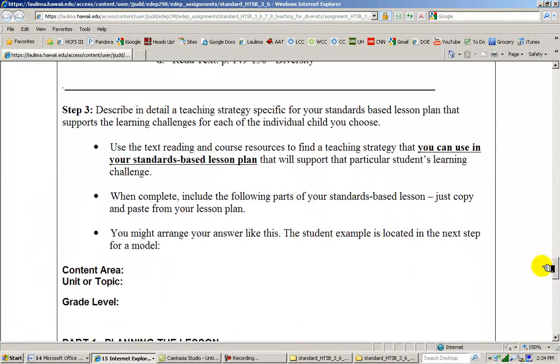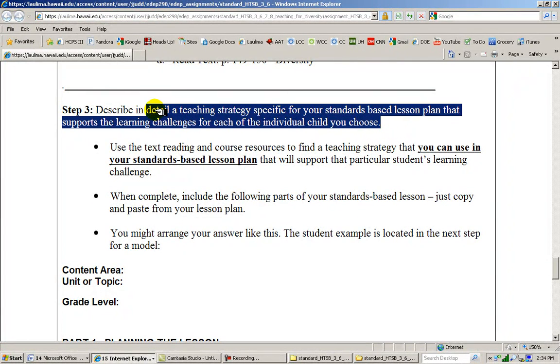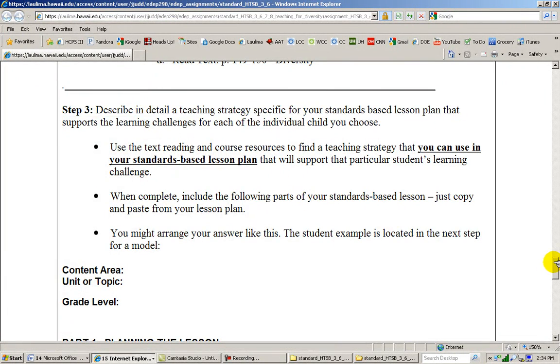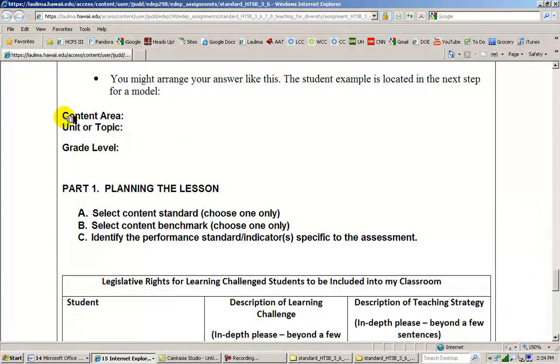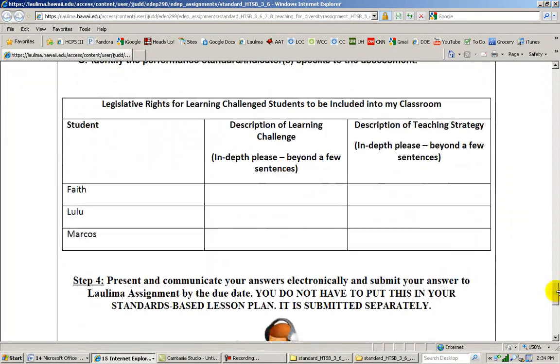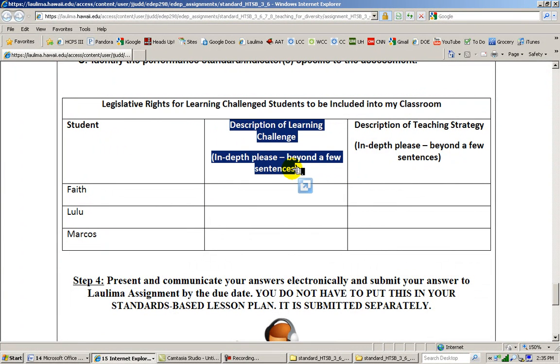talented, and so on. Once you've described that learning challenge, then describe in detail a teaching strategy specific for your standards-based lesson plan that supports that learning challenge. And do that for each of the 3 students. You'll do it just like you did last time: content area, grade level, planning the lesson where you include the standard benchmark performance. Then you would have your summary for the legislative rights, the students, description of the learning challenge,